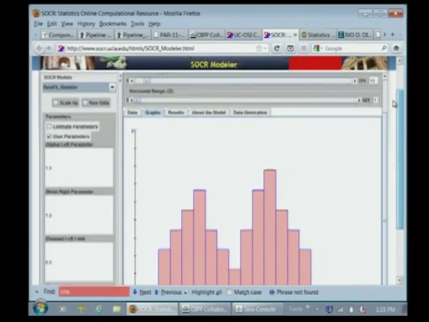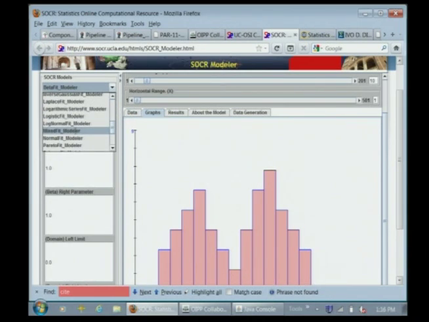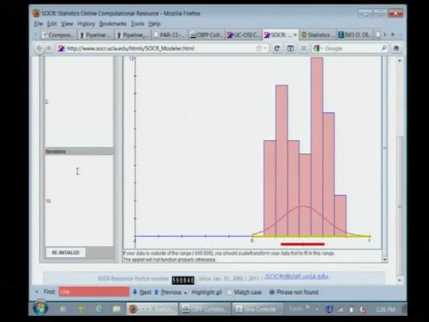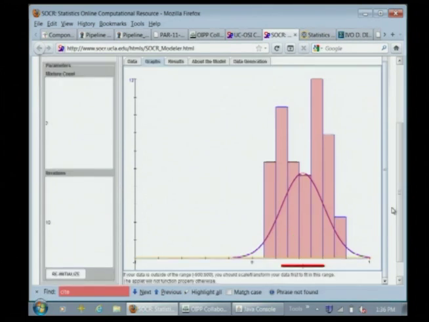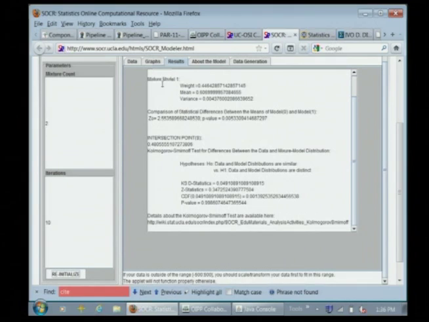And what I would like to do now is some estimation. In this case, because I fit some kind of a bivariate model, I probably need to pick some kind of a mixture model. And then the software goes ahead and fits a model for us. Let me scale it up a little bit. Now obviously this model is not too good. Well, some people can consider it good. Of course, you can go to the results section and see that this model in this case is not too bad. The p-value that answers the question of how good the model is versus the data distribution cannot reject this specific model. However, the parameter estimation is